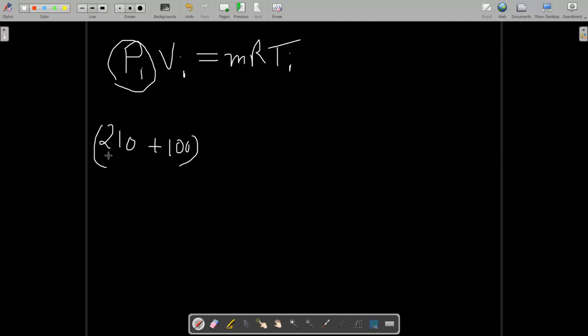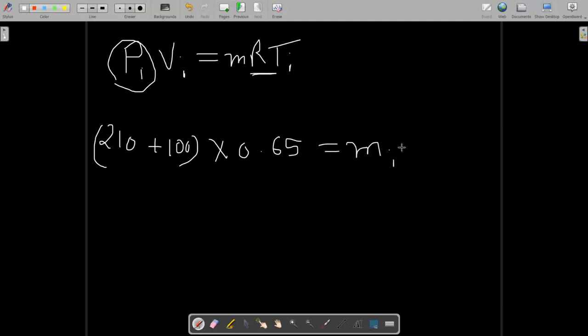I am telling you in every video that you have to be very careful, because if you are taking kilopascal, then your R value, that means the universal gas constant, must be in kilojoule per kg Kelvin. If your R is in joule per kg Kelvin, then your pressure value must be in pascal, and pascal is Newton per meter square. So your volume must be in meter cube. If volume is in mm, then you have to convert it. Here it is 200 kilopascal, so not much change. Initial volume is 0.65 meter cube.